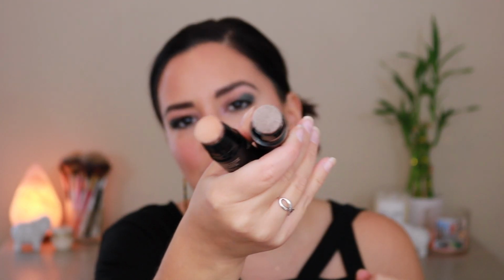Before I forget, I do want to mention that each of these products here, the face products, the highlight and the blush, do have these little removable brushes here on the end. I think it's kind of nice because they are removable so they can be cleaned. I personally found that I did not really enjoy them that much. The hairs are just a little bit too short